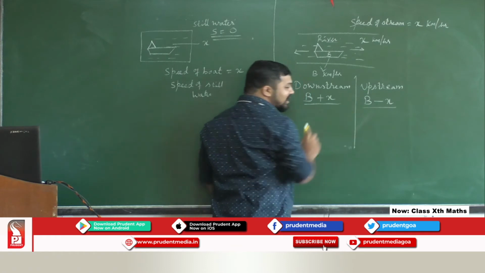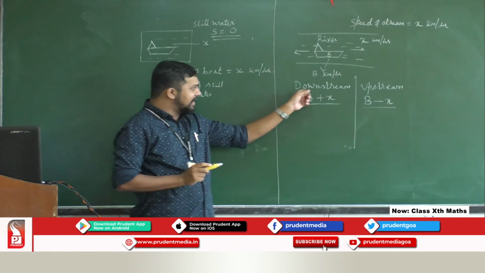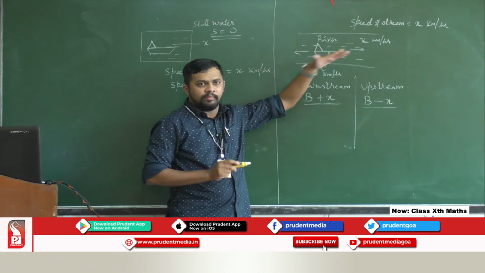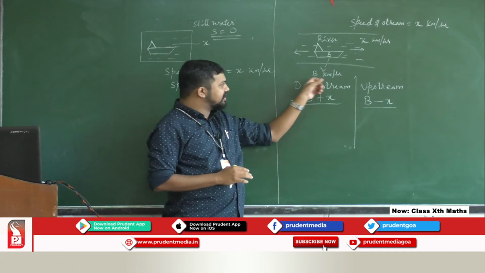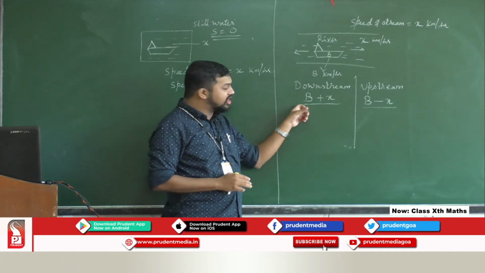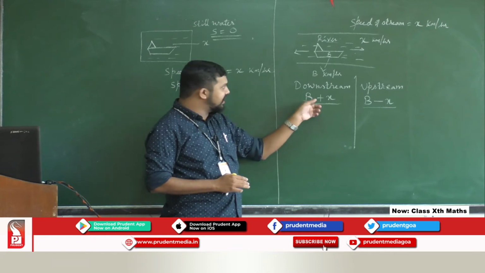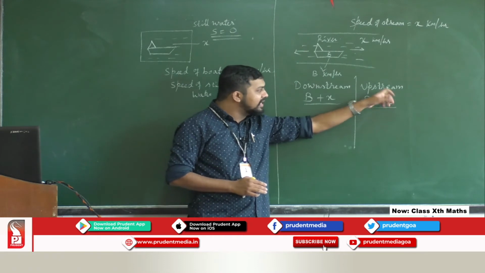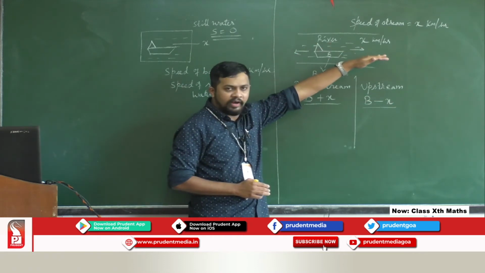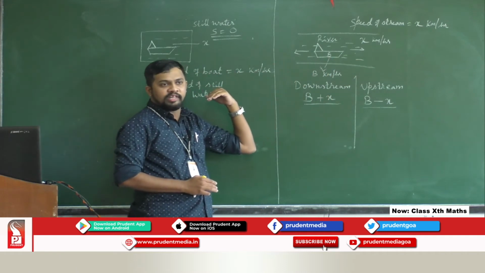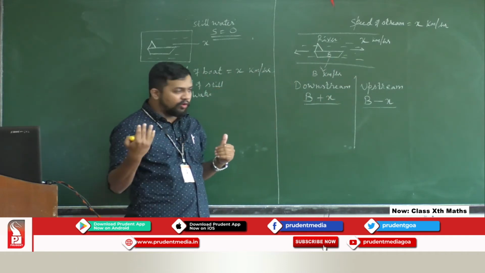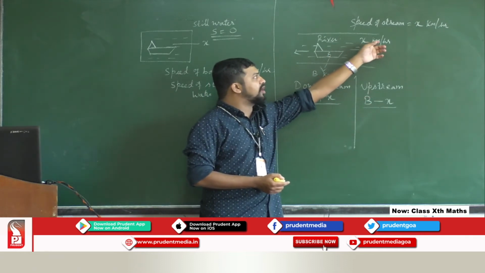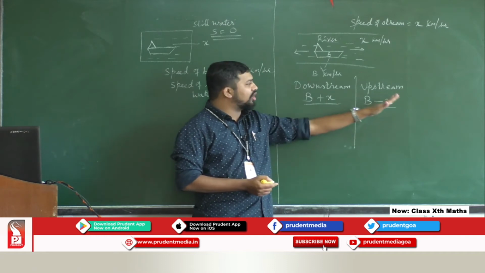So remember these two concepts now, which will be coming in the next problem: downstream and upstream. Downstream is nothing but the boat and the river moving in the same direction. When in the same direction, the net speed or the entire speed will be b plus x. B is the speed of that boat, whatever the speed, and x is the speed of that water. But in this case, river water is moving in one direction, but the boat is coming in the opposite direction, meaning you are against the flow, and against means negative. So minus: boat speed is b, and the speed of the stream is minus x. So this is something called upstream and downstream.